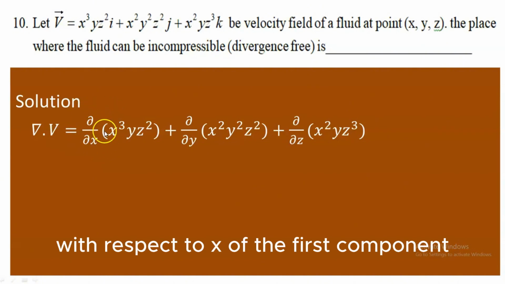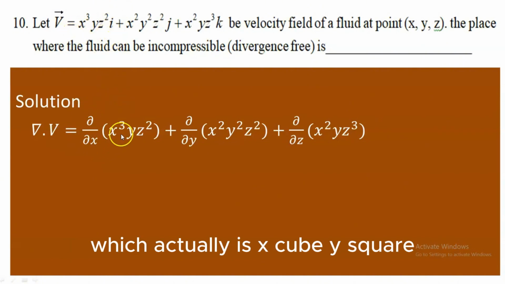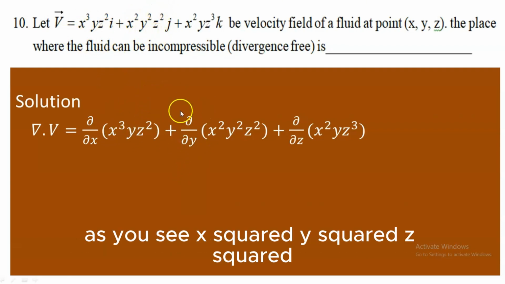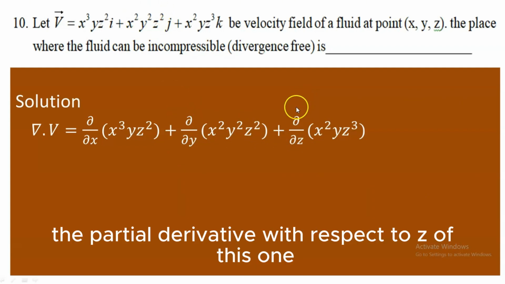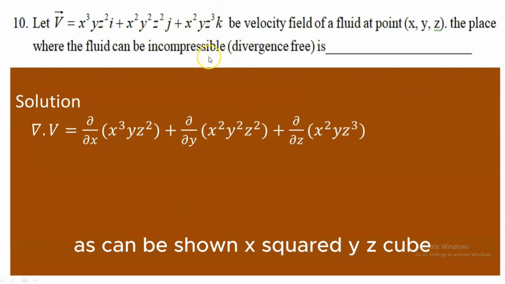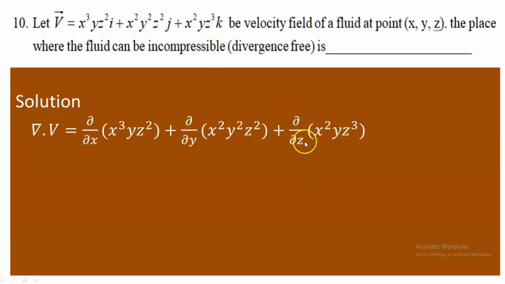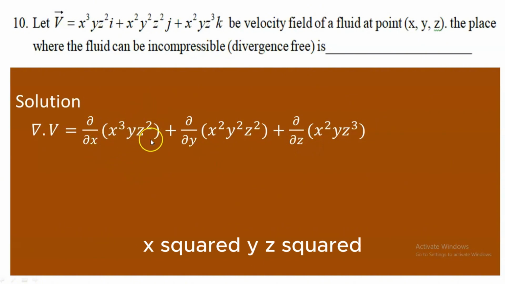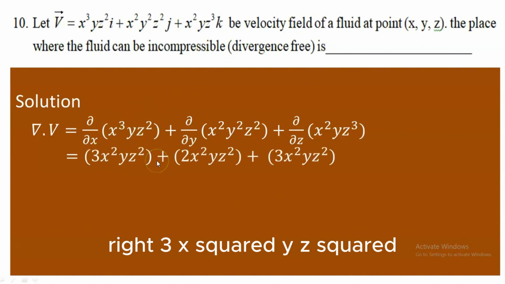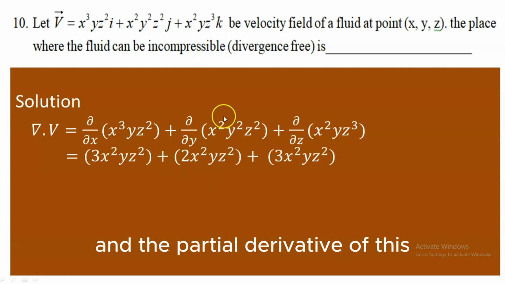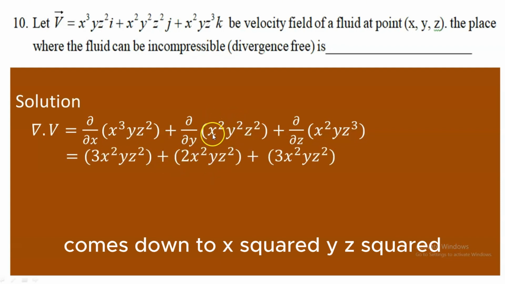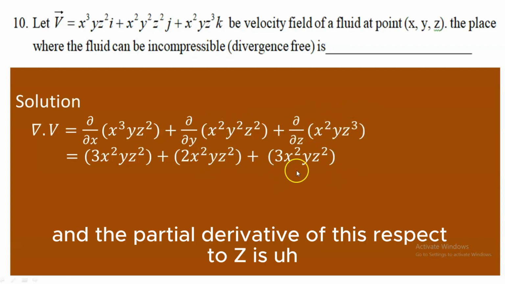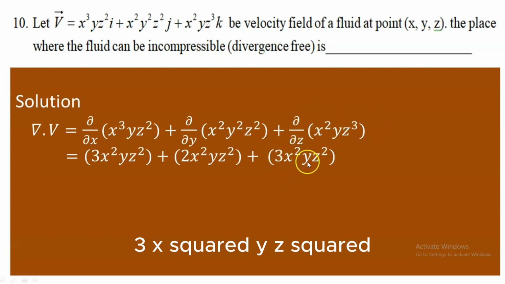derivative with respect to x of the first component, which actually is x cubed y z squared, the partial derivative with respect to y of the second component, as you see, x squared y squared z squared, the partial derivative with respect to z of this one, as can be shown, x squared y z cubed. So clearly the partial derivative with respect to x is 3x squared y z squared, right? 3x squared y z squared, and the partial derivative of this with respect to y is 2 comes down to x squared y z squared, and the partial derivative of this with respect to z is 3x squared y z